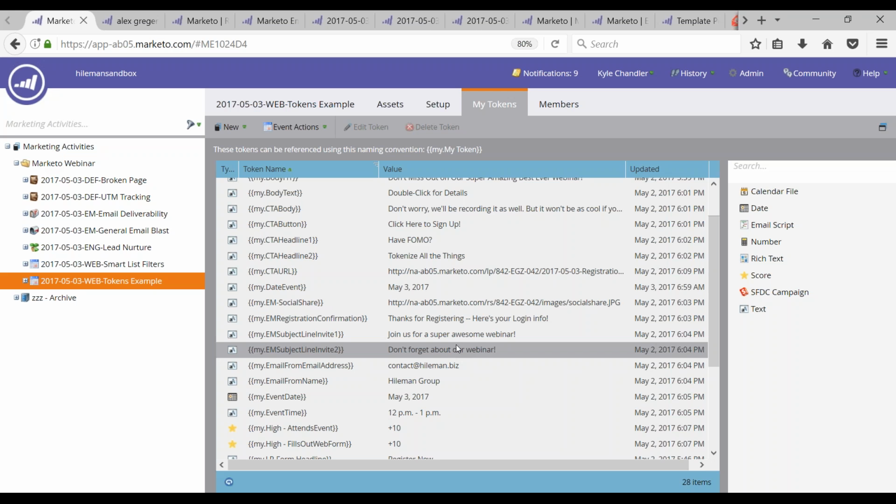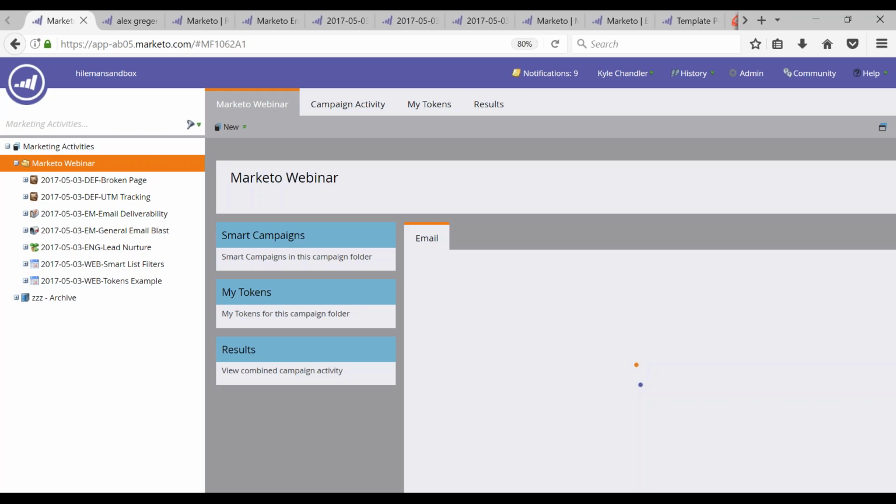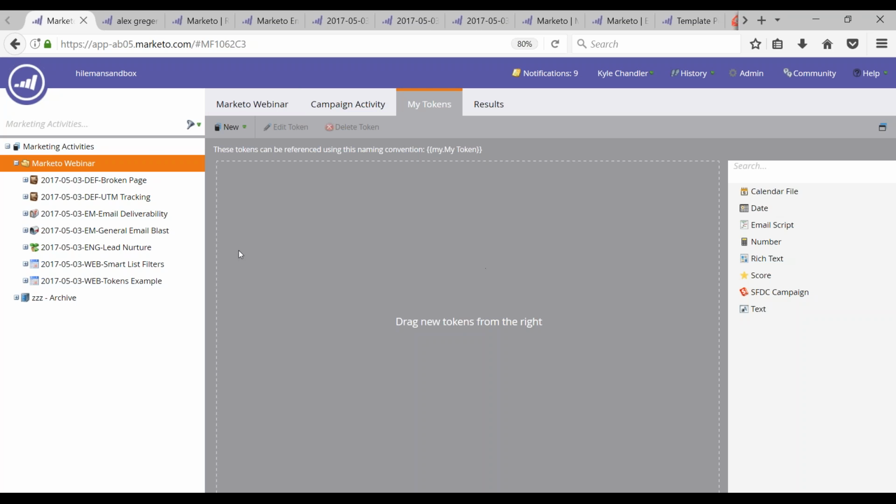Definitely. I think one thing to add on to that is, tokens in general can be used at different levels. They work in a cascading model where you can put tokens at a parent folder level for global information, like a logo that may hardly ever change, the footer content, maybe social elements in your emails or your landing pages that hardly ever change. Those elements can all be applied at a global level at the parent folder under My Tokens, and